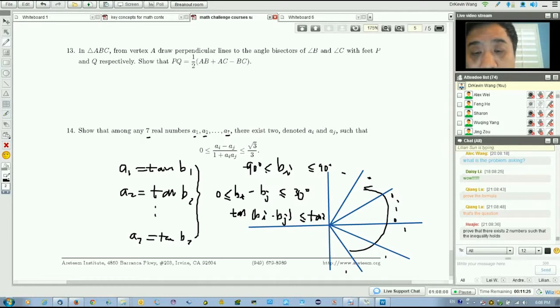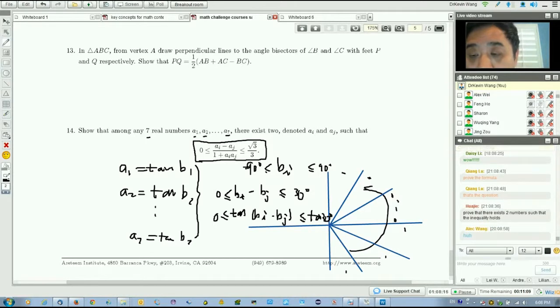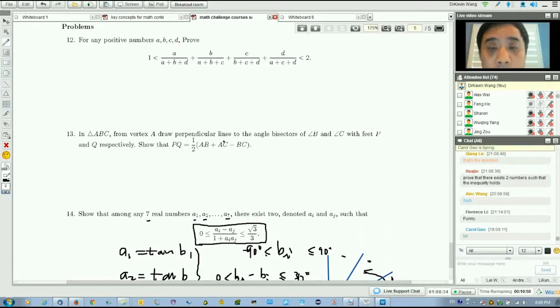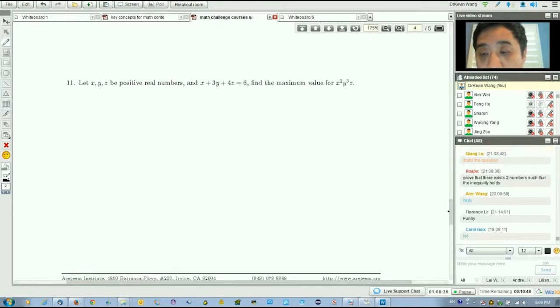This is for those of you who are at that level, who can understand. If you don't get this last question, don't worry about this. We're over time. I hope I've given you a flavor of all the classes we're going to do and what we're going to cover in the classes. Of course, we cover a lot more topics in each of the classes, and we will start from the beginning and